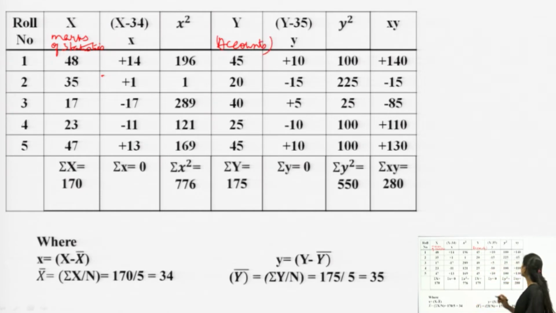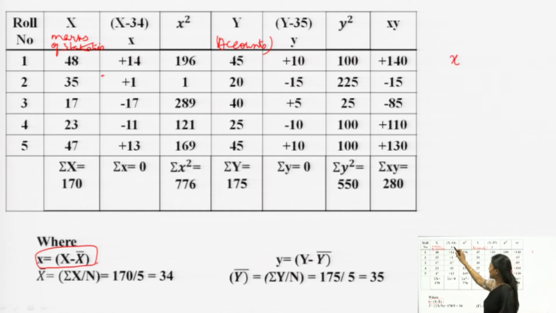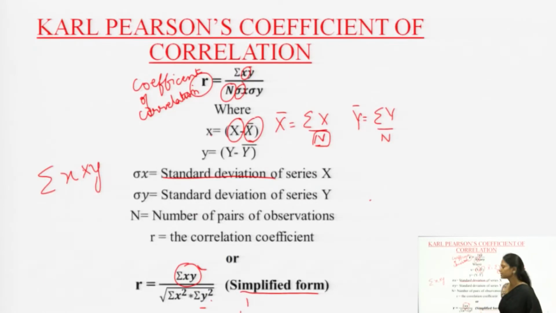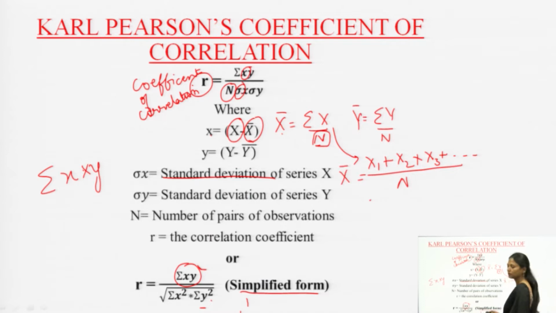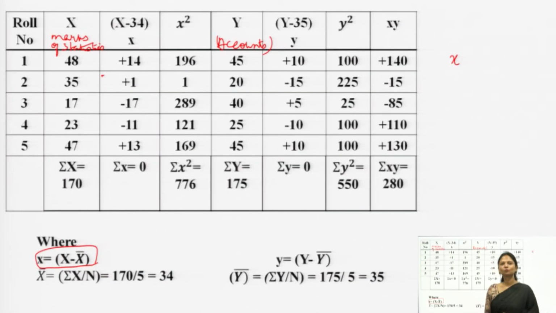What happens here? In the formula, we were supposed to use small x and not capital X. This small x value is found out as x minus x bar. So, I have found x bar as summation of x over n. As I told you in the earlier slide, x bar is summation of x over n. That means you are supposed to find out the total for x. Here x1 plus x2 plus x3 and so on, divided by n, gives me x bar.